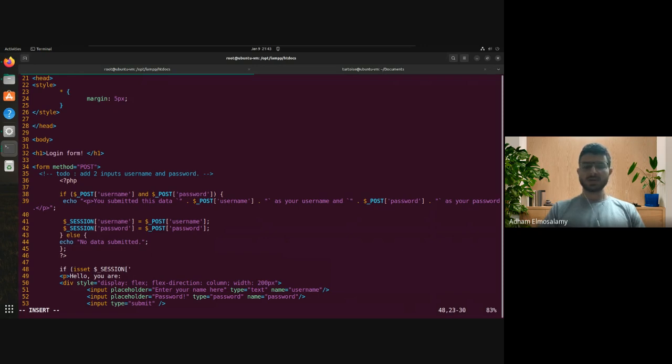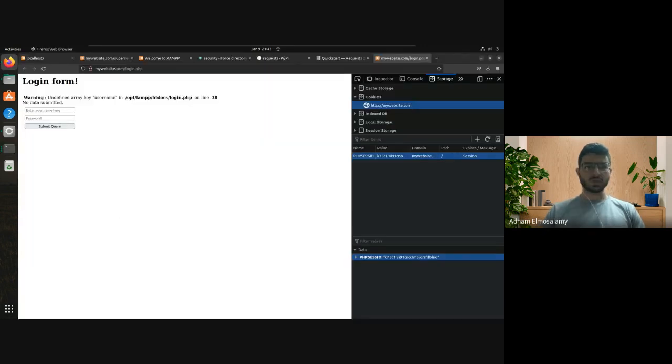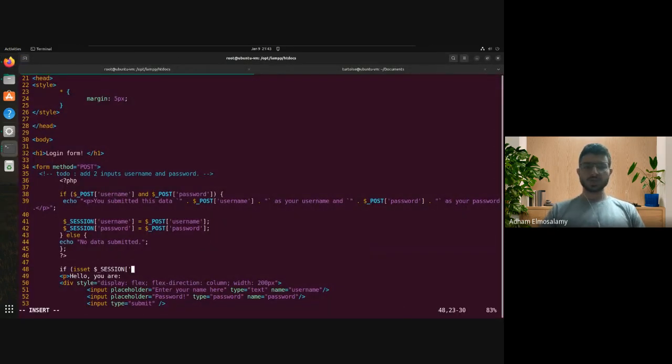Maybe you can give it an ID, but I think there's a better way to do this. Okay, so if session is set username, then we're going, and this is not PHP, so let's do this here. Okay, so if it is set, then we're going to say,